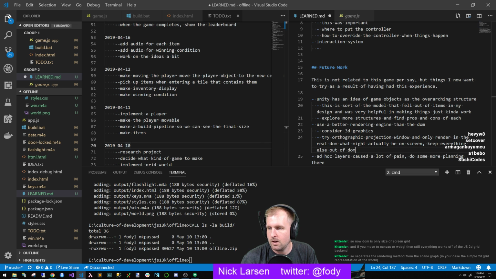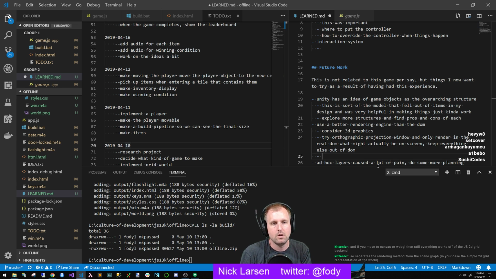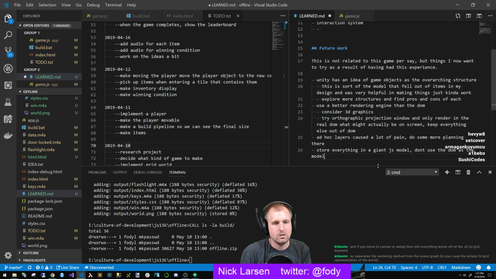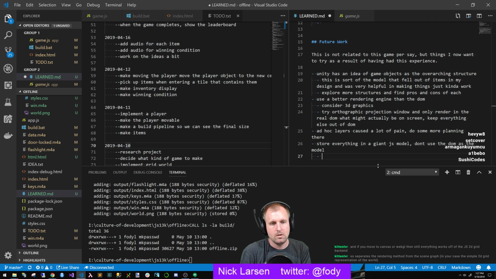And if you move to a canvas or WebGL, then still everything works off the JS 2D grid in the back. Yeah, that's another really good point. I'm actually going to add that as its own thing: store everything in a giant JS model. Don't use the DOM as the model. Makes it easier to switch rendering